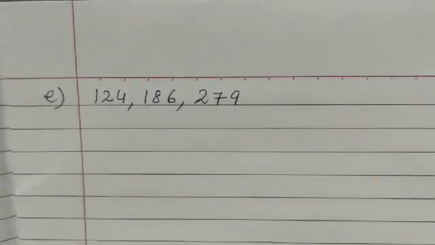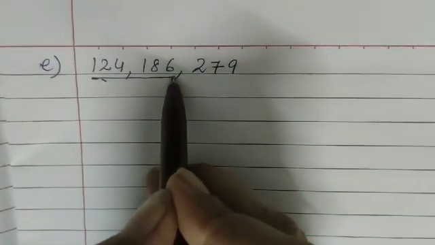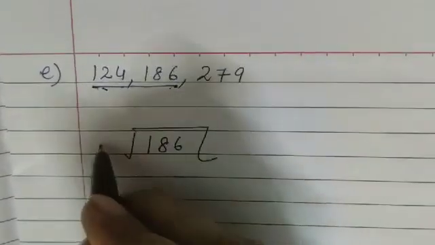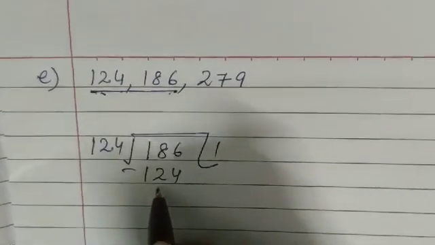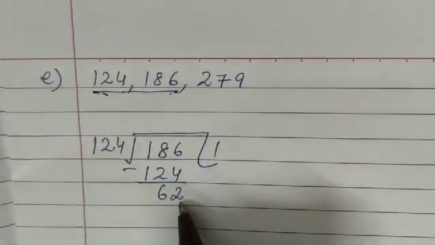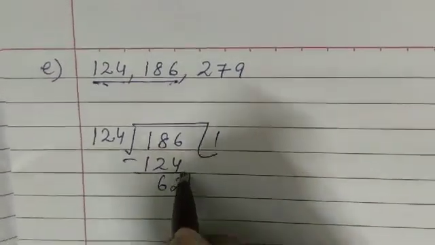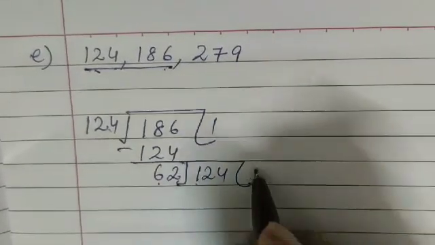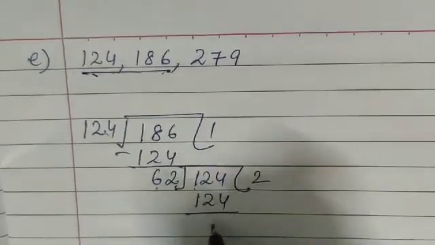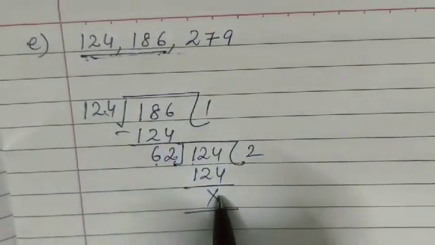And the last sum, we will solve these 2 numbers first of all: 124 and 186. So 186 divided by 124. 124 ones are 124. When you subtract it, you will get 62. Now this is the remainder. It will become the divisor and the previous one, 124, will be the dividend. So 62 2s are 124. This part is solved. We have got 0.